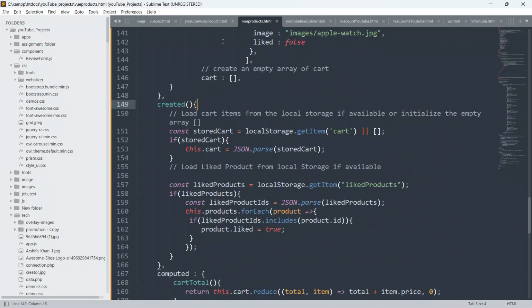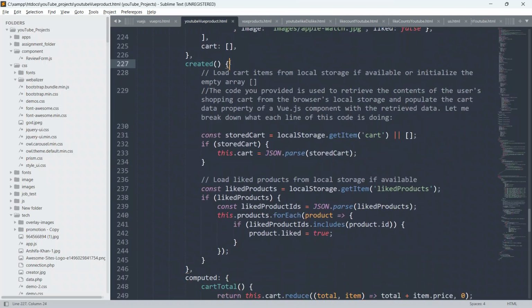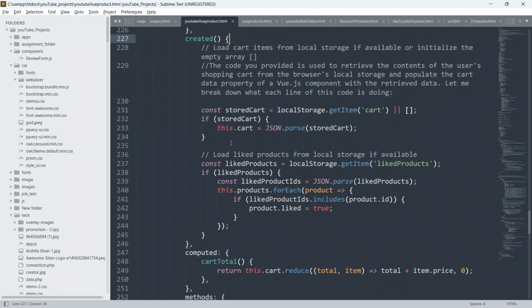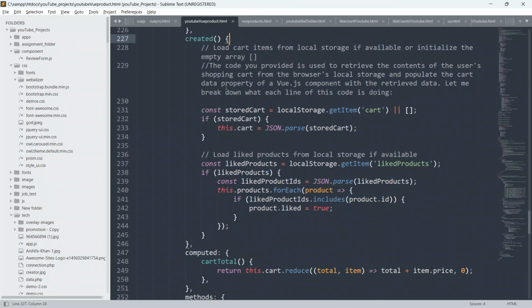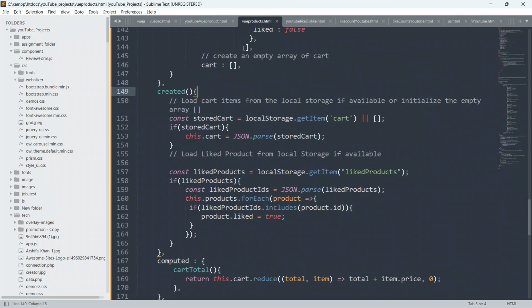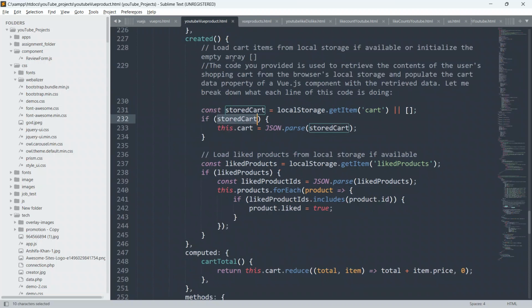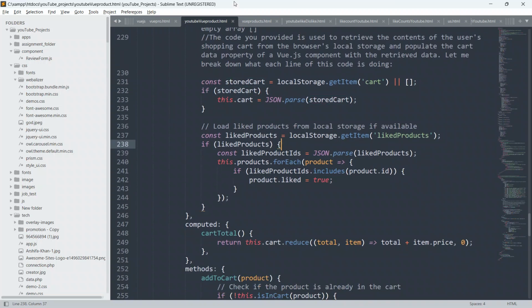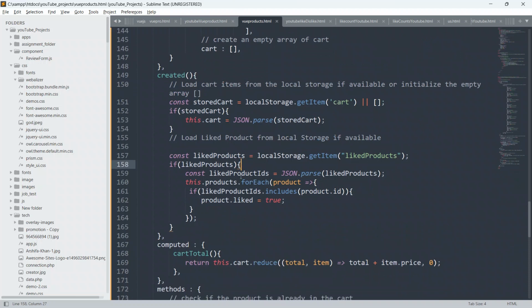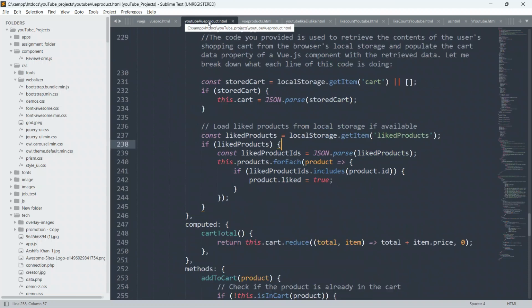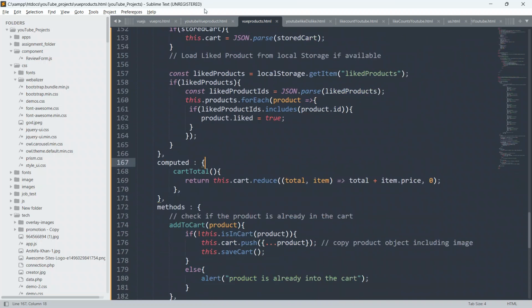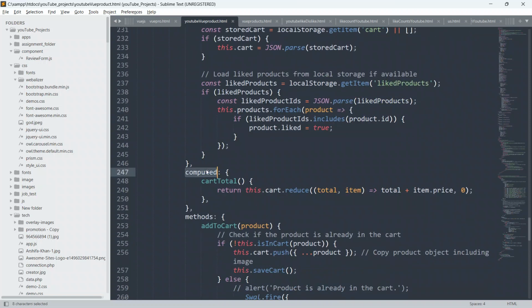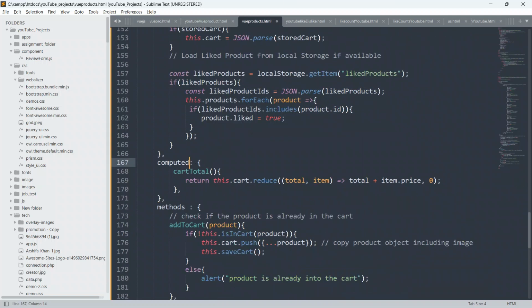So, okay guys, liked product, yeah, it is closed here, guys. I don't know why it is saying computed. Okay, I don't think this will be the issue.